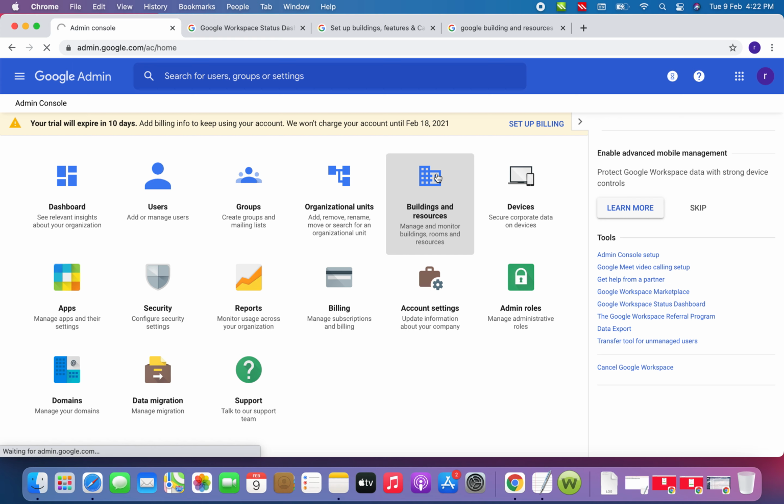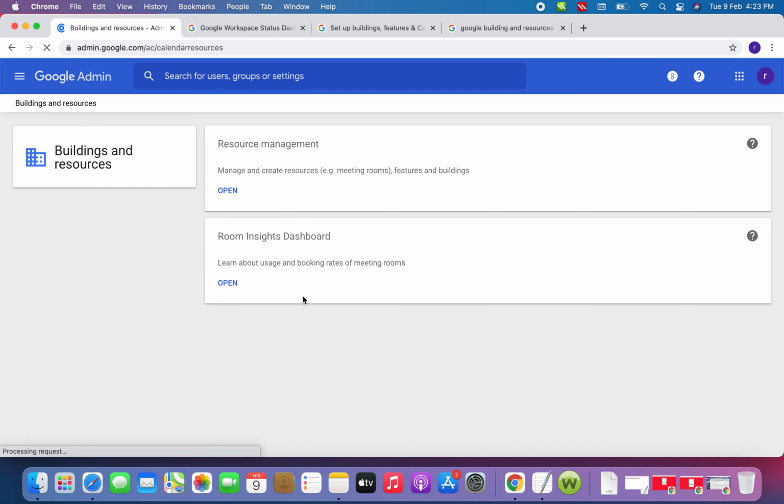So actually, buildings and resources is used for creating resources. It may be a group of devices, a group of printers, whatever is used in your network, and other devices.